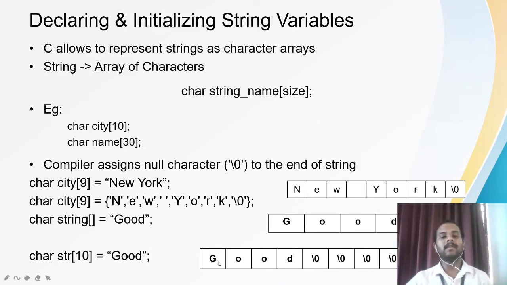So if the null character is not present, then when I access it, for example, G is accessed, O is accessed, O is accessed, D is accessed, then when it encounters the null character, it will stop accessing it. Or else what will happen? If the null character is not the terminating one, then G, O, D, then null, they will also come. Okay? They will also be accessed, but that should not be the case, right?